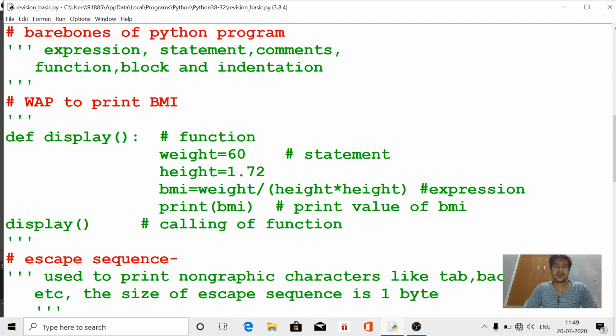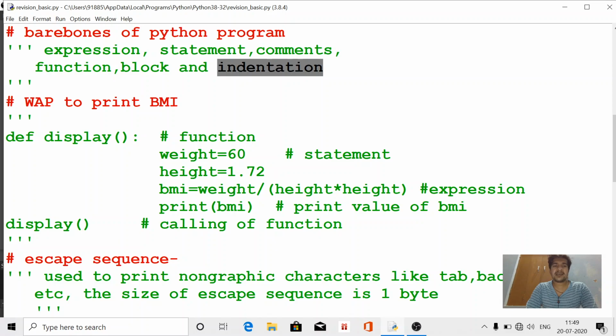That means the basic things used in a program are called bare bones, like expression, statement, comments, function, block and indentation. These are the fundamental building blocks of a program in Python.